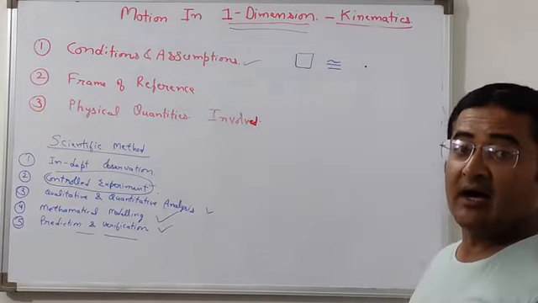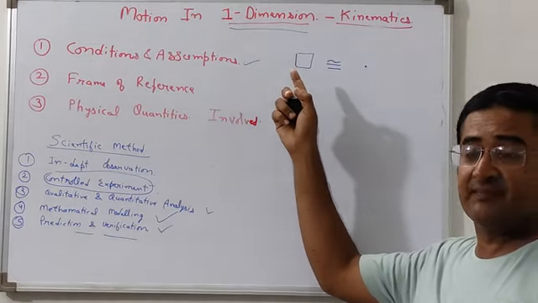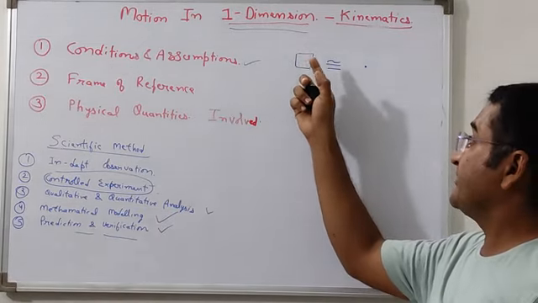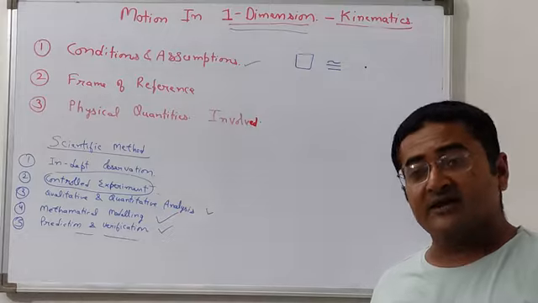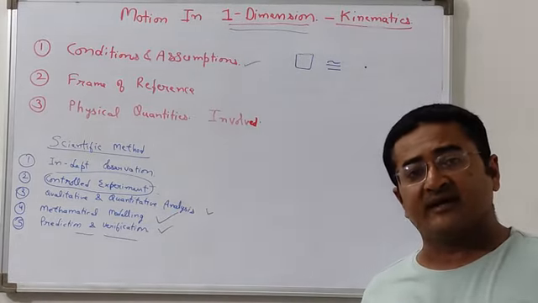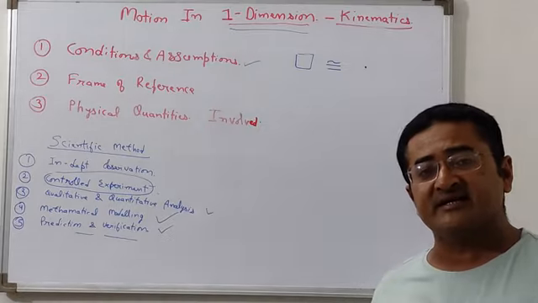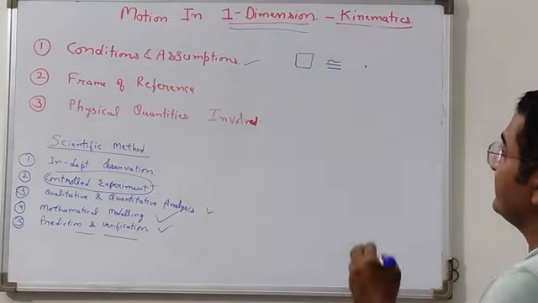You might wonder how this object, which has definite size and shape, can be considered a point object. But I'll give you two criteria. If any one of the two criteria is met, we can precisely assume any object to be a point object. First,